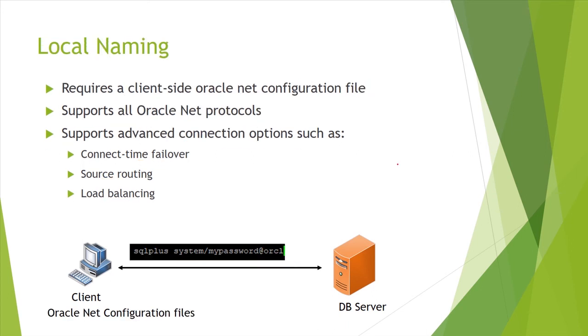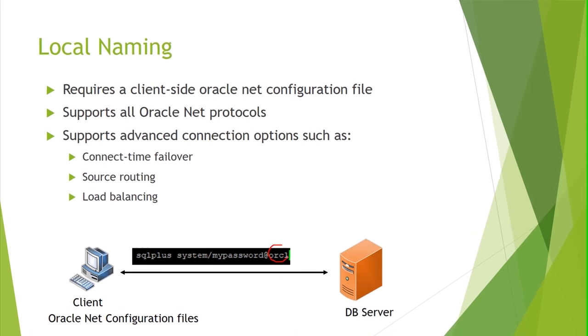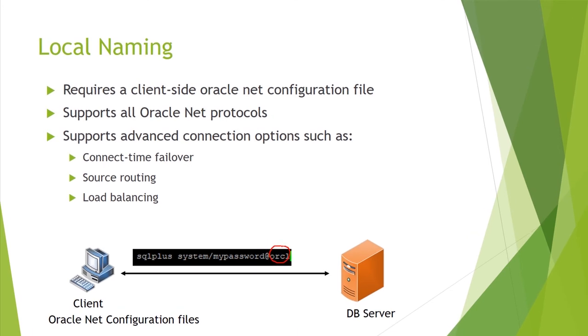The second method is local naming. In local naming, the user supplies an alias for the Oracle Net service. In Easy Connect, the user supplies the full connection string, which is the IP, protocol, and the database service name. In local naming, the user just provides the alias or name of the Oracle Net service, which must be resolved to the IP of the server, the port of the listener, the protocol of the listener, and the database service name using a client configuration file that exists at the client side, which is called